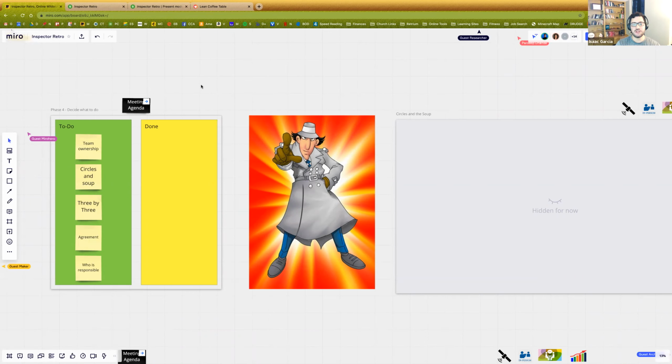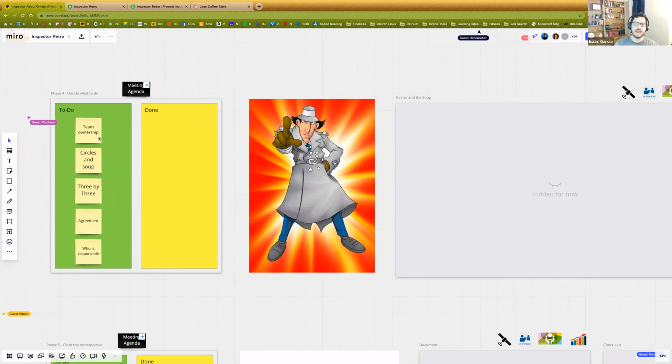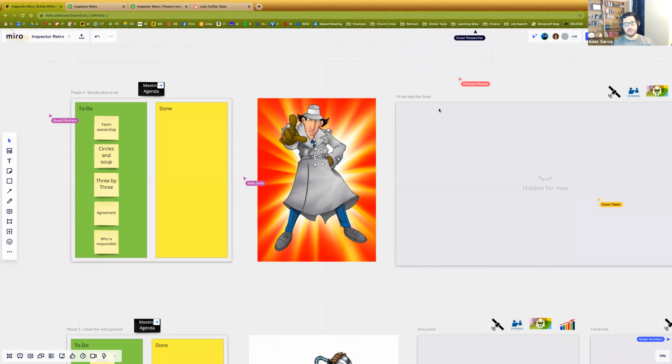Let me talk to you about deciding what to do really quickly. It's this, the team has to own it. Do not tell the team what to do. It's very tempting, especially if you're an experienced programmer, an experienced whatever, if you used to be a manager, it's so easy to say, cool, you think you need to fix the code check-in problem. Let me tell you how to do it. If you do this, if you talk to this person, if you do that, the team won't own the solution. Your goal as facilitator is to help the team own what needs to happen to improve. Help them own it. How do you help them own it?